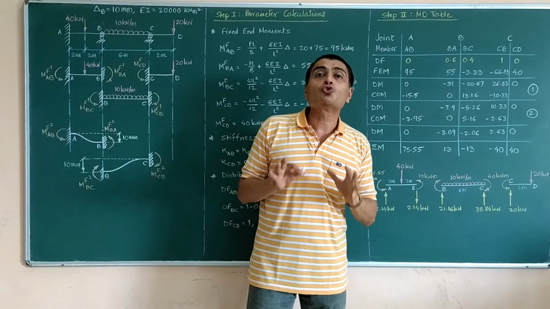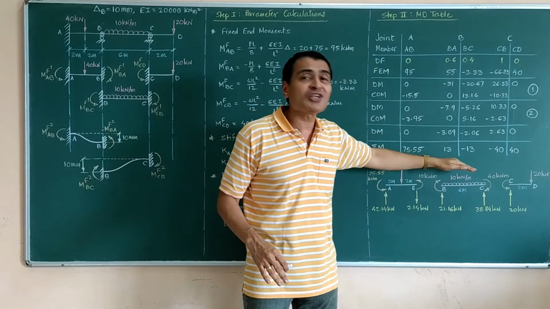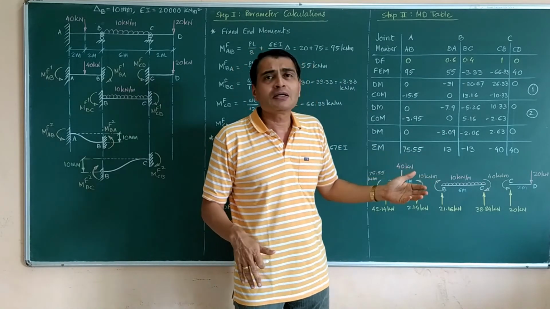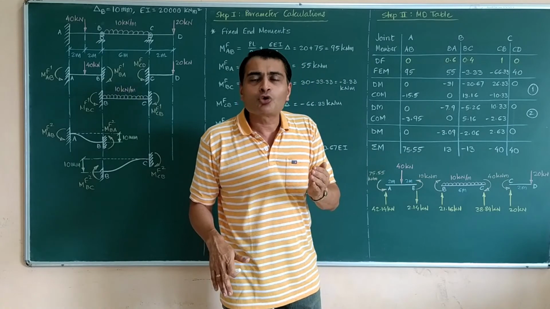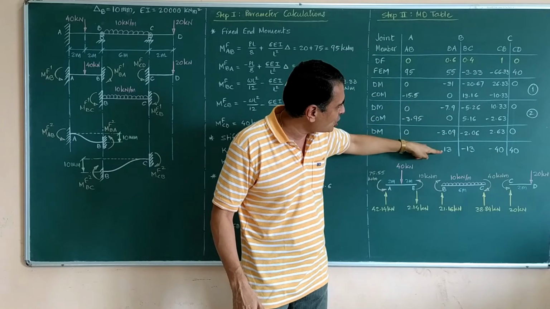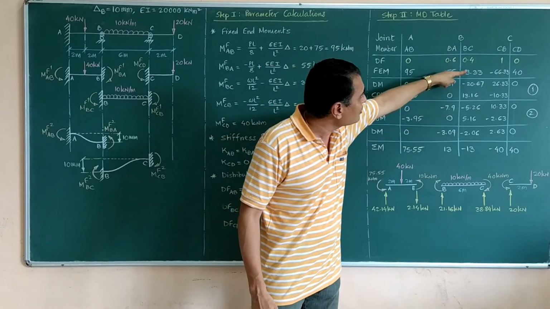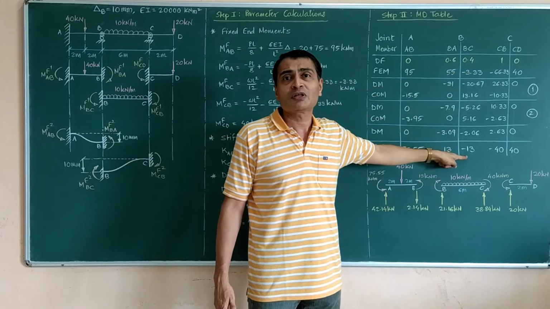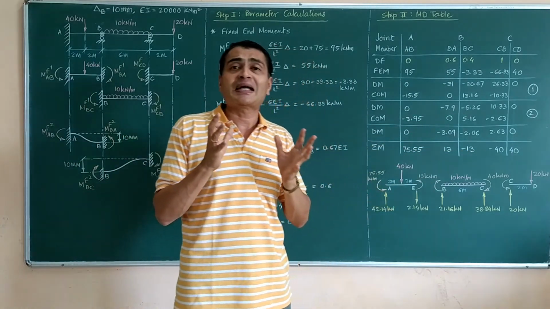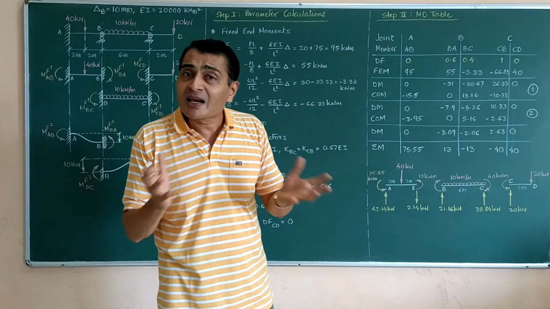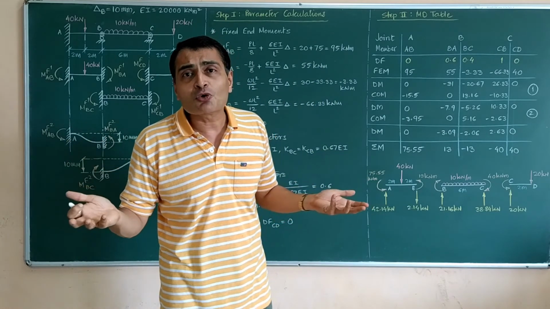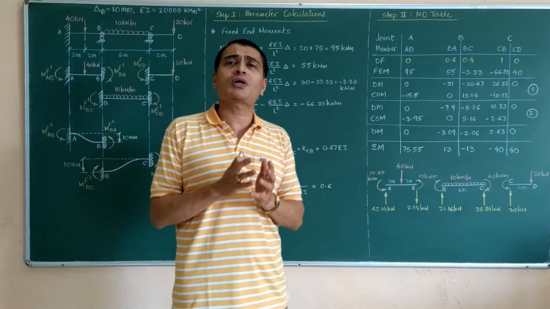So we have just done 2 cycles, and now before finishing this third cycle of carried over moments, I just thought of taking a sum, and to my very big, pleasant surprise, I am getting this summation to be positive 13 and this summation to be negative 30. That means the problem is such, the spans are such, the loading is such that I am getting balance just in 2 cycles. So great. If you find that you are reaching the balance just in 2 cycles, you can stop there.